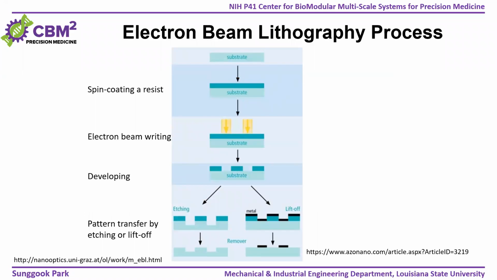Okay. It looks very similar to the diagram for photolithography. You need to coat a resist, but instead of using a mask, you use an electron beam. This is a single beam, and then you just raster scan or you draw your pictures or lines or whatever you want to draw